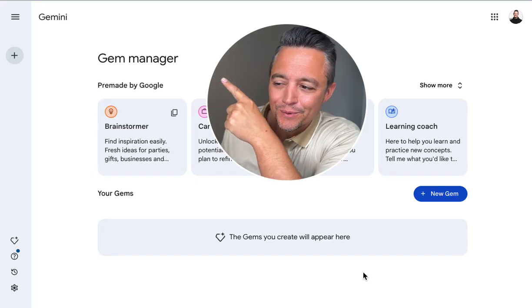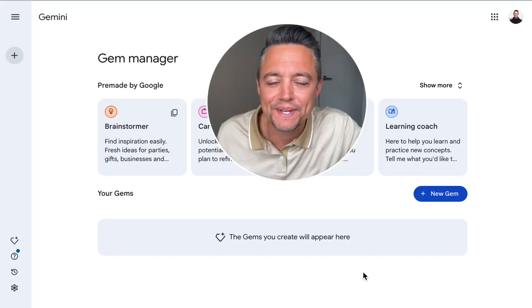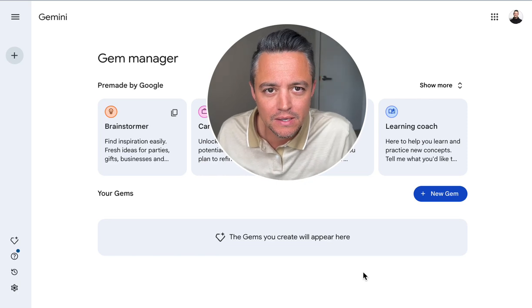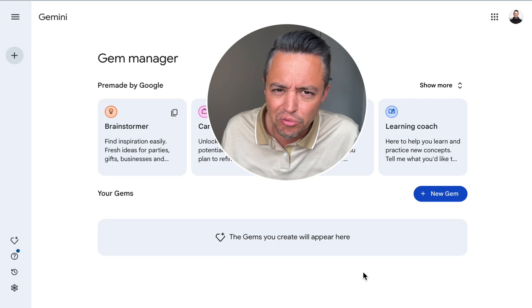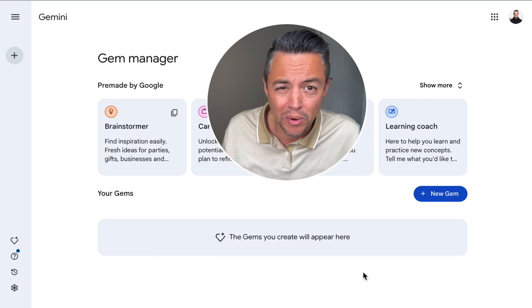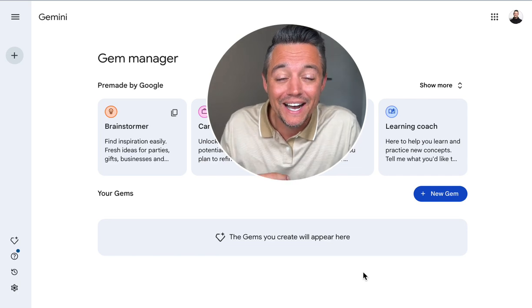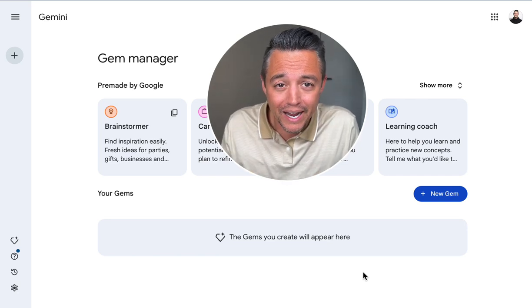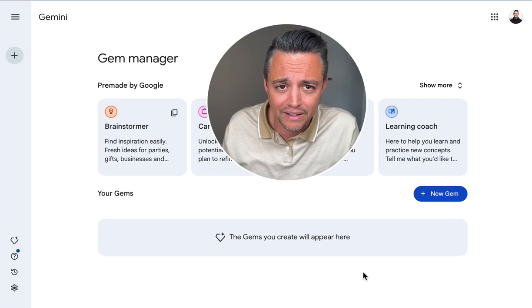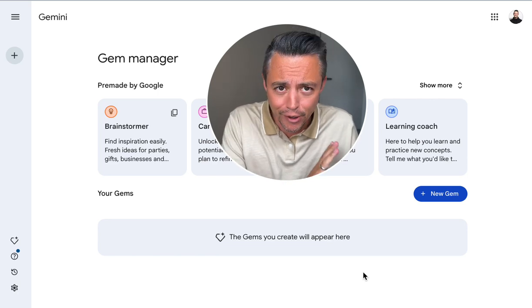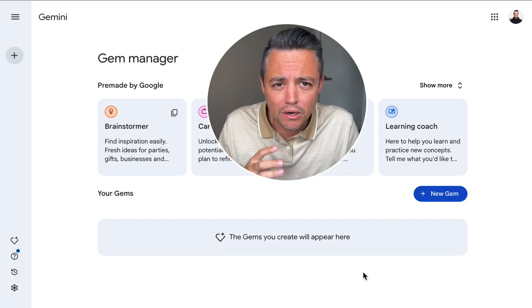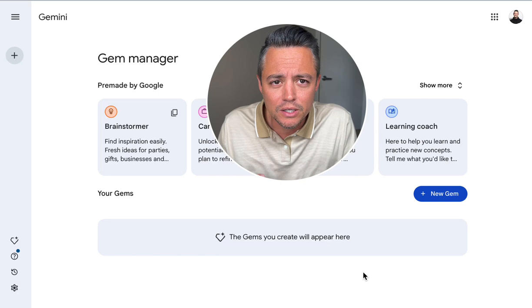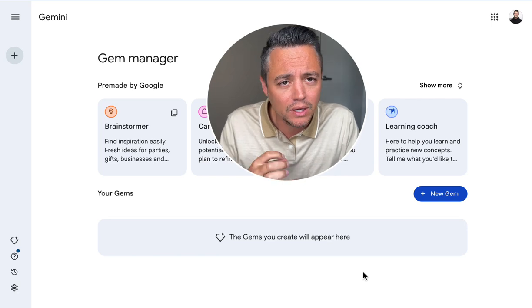Oh, look at this. We finally have Google Gemini's answer to GPTs from OpenAI. Yes, OpenAI released GPTs back in November, so almost 10 months ago. However, after announcing Gems at their I/O conference, Google has finally rolled out their version of custom GPTs in their Gemini Gems. Essentially, these are smaller versions of their Gemini large language model that you can customize for